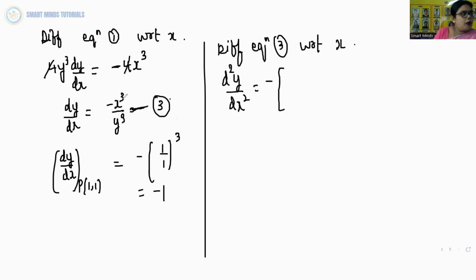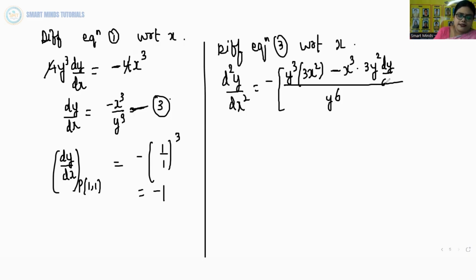So it is in u by v form. So the denominator is v square, so y power 6. Now y cube I am writing as it is. I am differentiating x cube, so 3x square. Minus x cube I am writing as it is. Y cube I am differentiating, so we will get 3y square dy by dx. Is this step clear? Now minus outside 3x square y cube minus 3x cube y square, and in the place